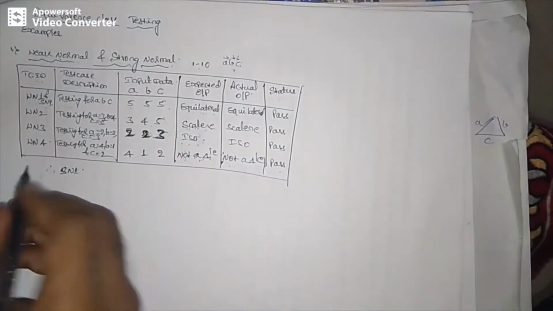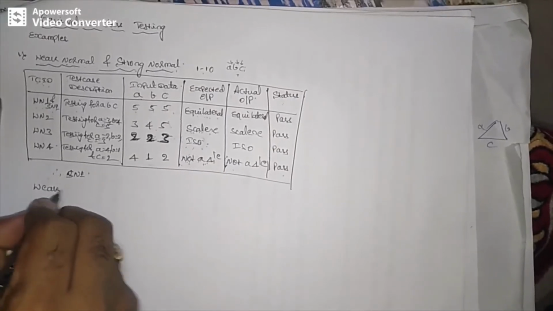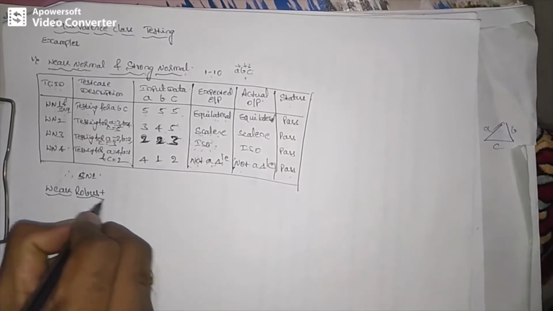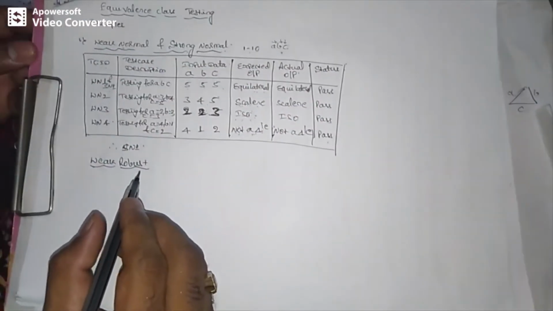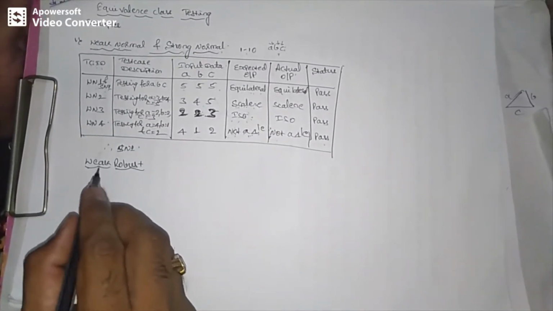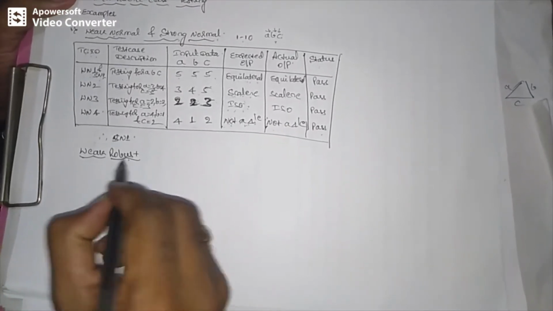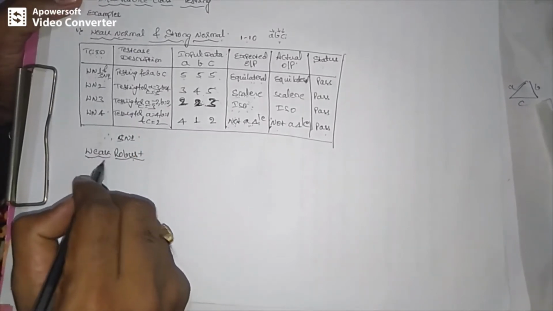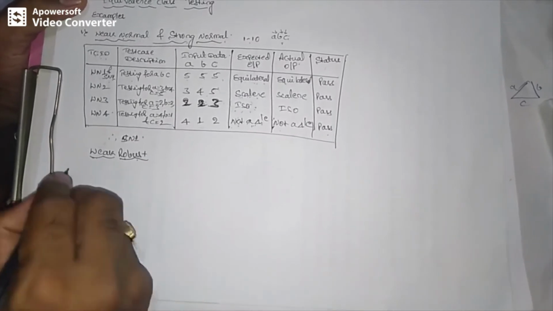Similarly, when I jump to the next test cases, that is weak robust test cases, equivalence test cases for a triangle problem. Now I'll write directly how to write the weak robust equivalence. In the last video I explained that robust is nothing but invalid input variable, weak is nothing but single fault assumption. So based on that we need to specify the test cases. I will write the test cases directly.